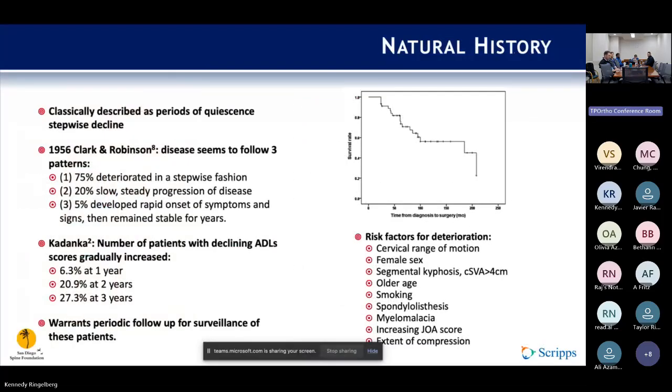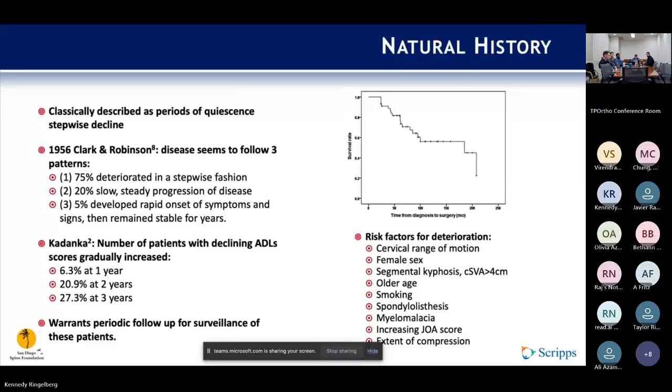The natural history of CSM has been well studied and characterized. It's typically thought to be periods of quiescence with stepwise decline in neurologic function. In this classic paper, Clark and Robinson found that patients typically followed three patterns of functional decline. 75% demonstrated this classic stepwise deterioration in function. About 20% demonstrated a slow, steady progression of the disease. And then in 5%, you can occasionally have a really rapid onset of symptoms, and then patients remain